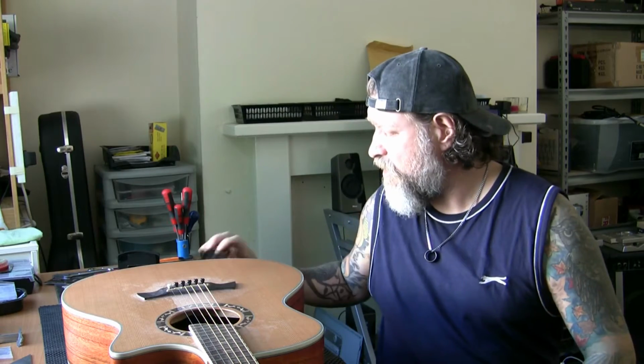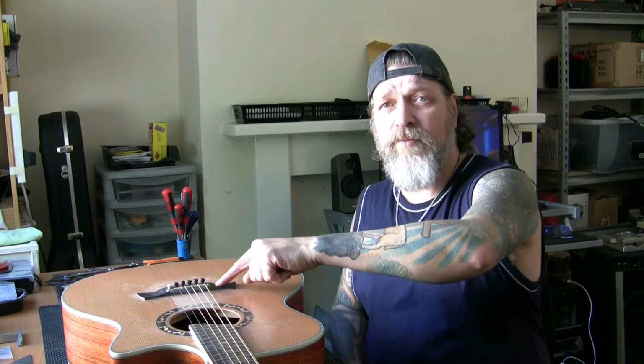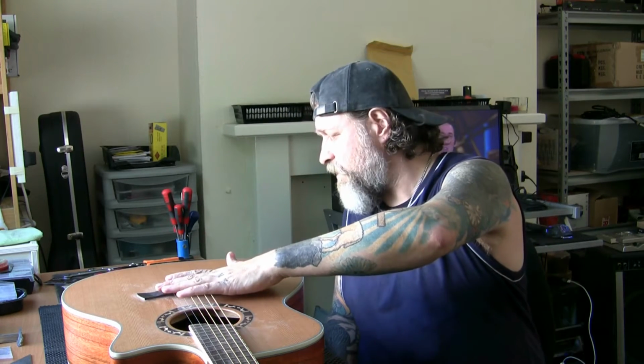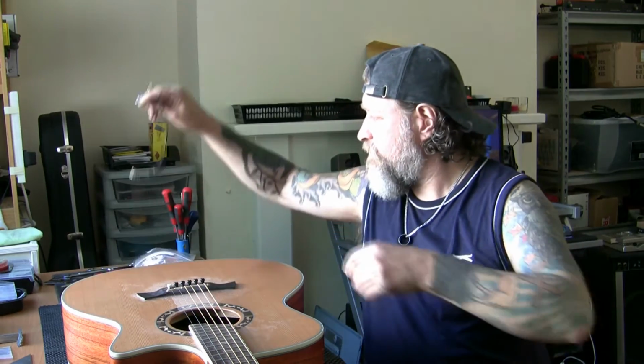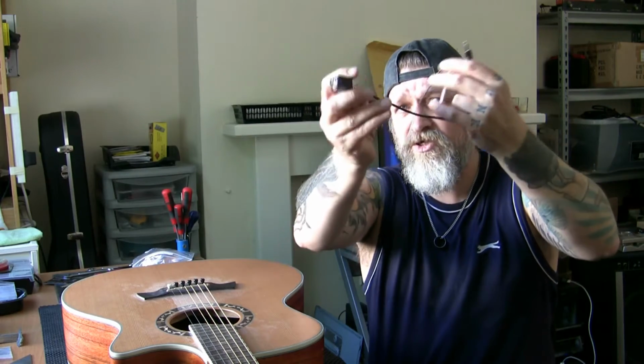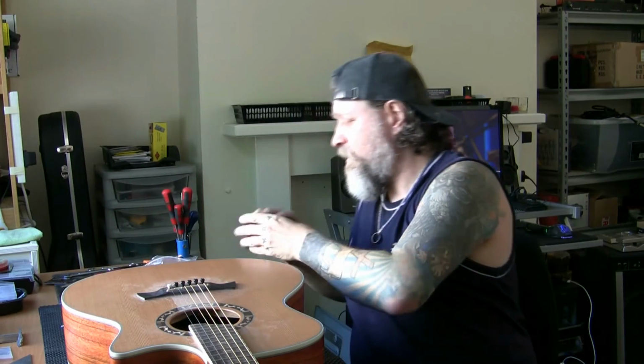What I'm going to do with this is test the new preamp with the old pickup in there and the old wires in there, the jack and everything. And what we'll do is we'll keep this pickup and this jack as spares. Now the preamp I've gone for, by the way,